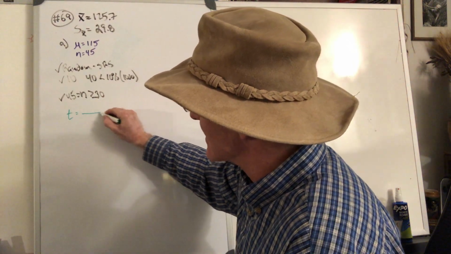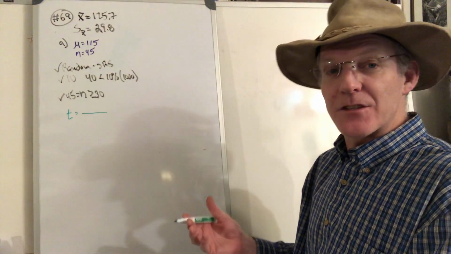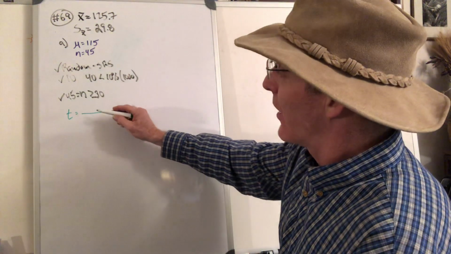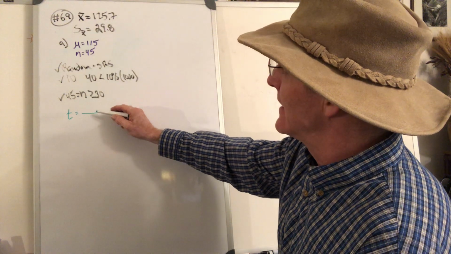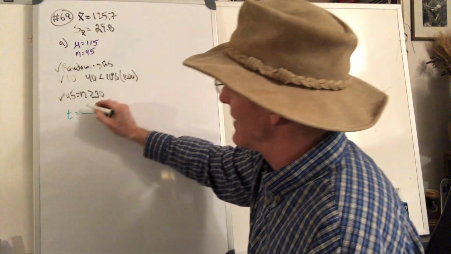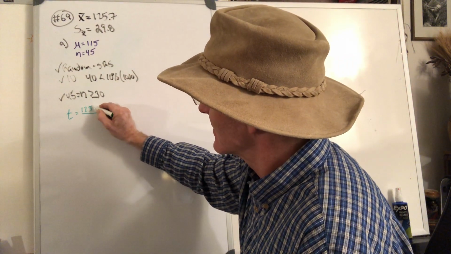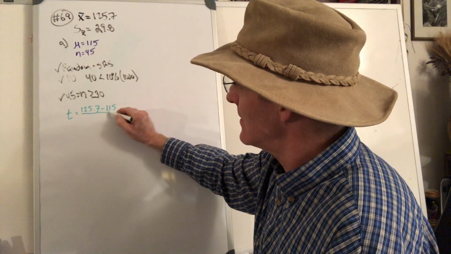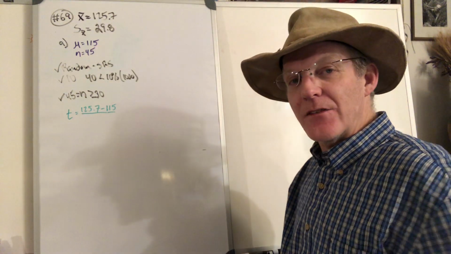So just like z, t is the data value of interest minus the mean divided by the standard deviation of the sample. So our data value is 125.7, that's the one of interest, minus the mean, 115,